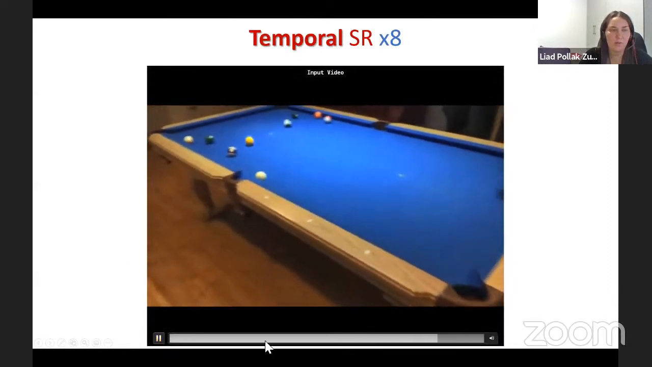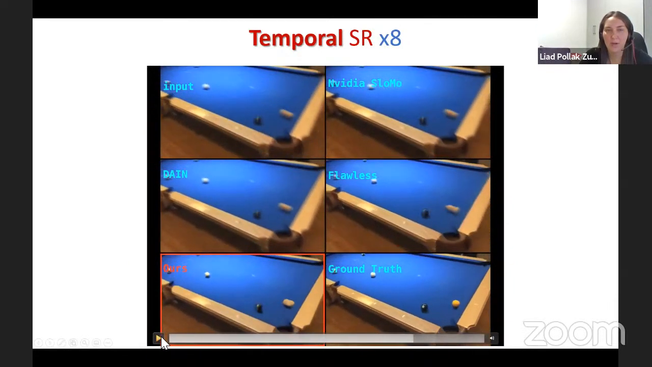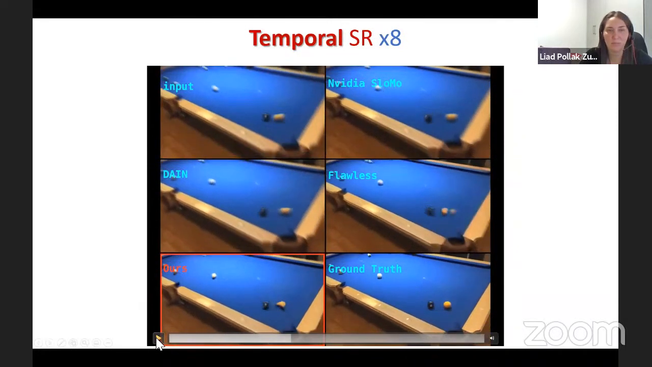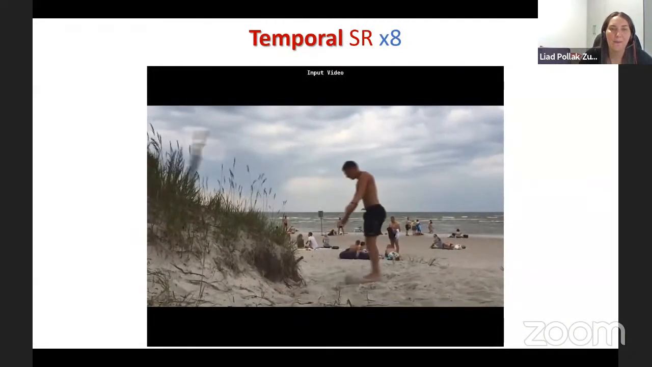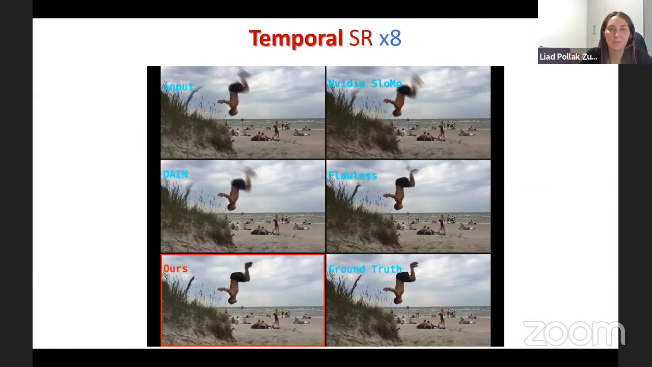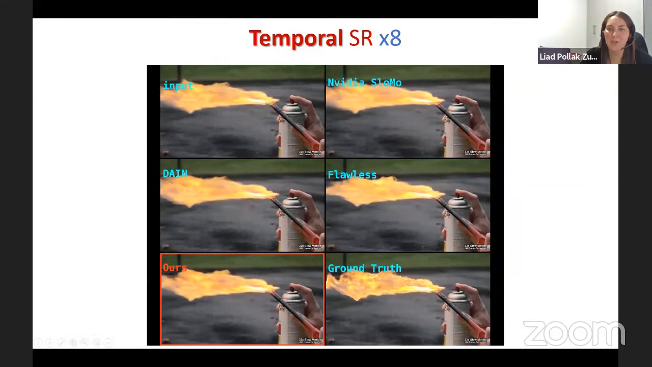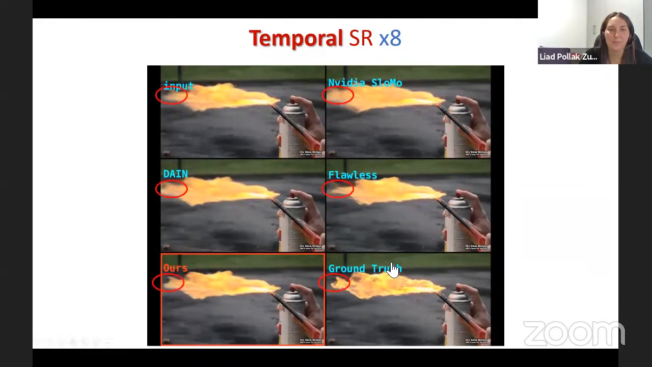Okay, so I wanted to pause right here. You can see that here the ball is in two parts. Okay, some more examples. You can look at the feet. So note the leftmost edge of the flame here. And yeah,